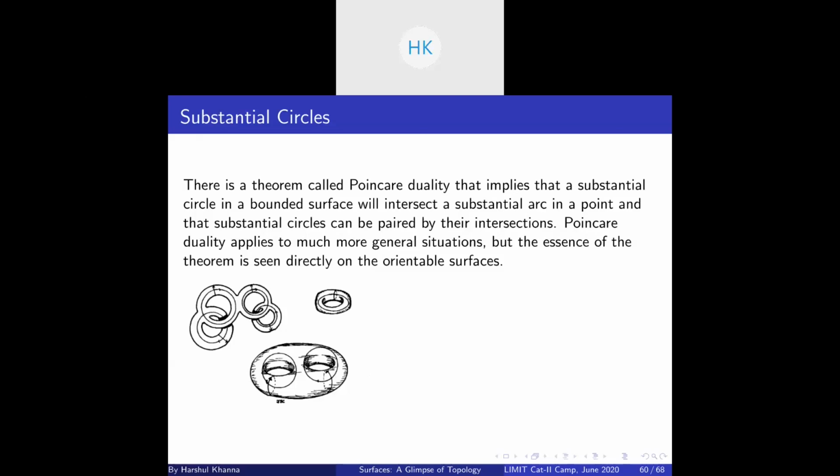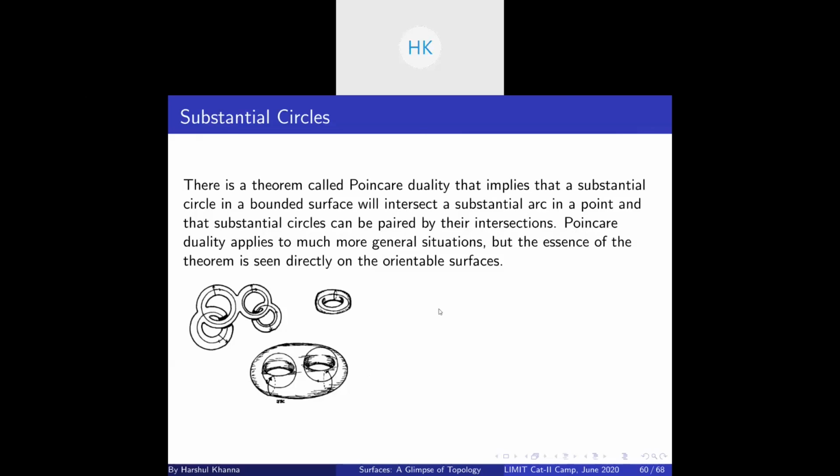So it has a substantial arc, but we said that it has to have a substantial circle which intersects the substantial arc in a point, right? So the circle you cut it along was that substantial circle. So it should not be a surprise now that the Mobius strip does not separate. So, what I said is clear to everyone? Okay, good.